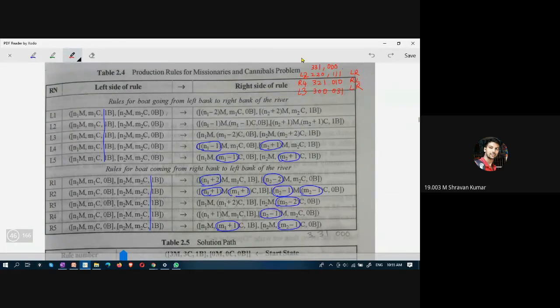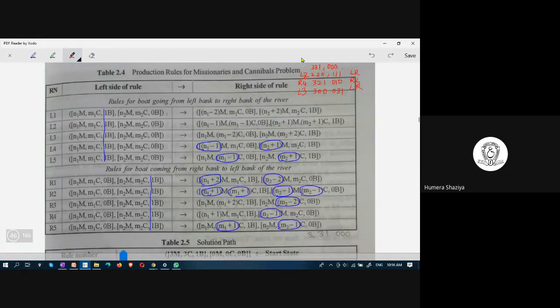Here we are doing M1 minus 2. M1 minus 2 means we are taking 2 cannibals here. So we cannot take 3, right? One is already on the right side. No. M1 minus 2 in the sense we are taking 2 cannibals, ma'am. So 2 cannibals we can take. But there is one missionary, ma'am. Wait, no, there is no missionary. Look here, 0. At right side it is 0.